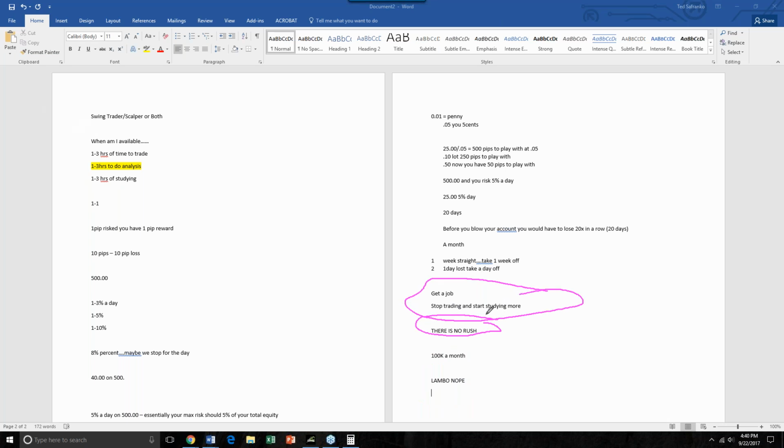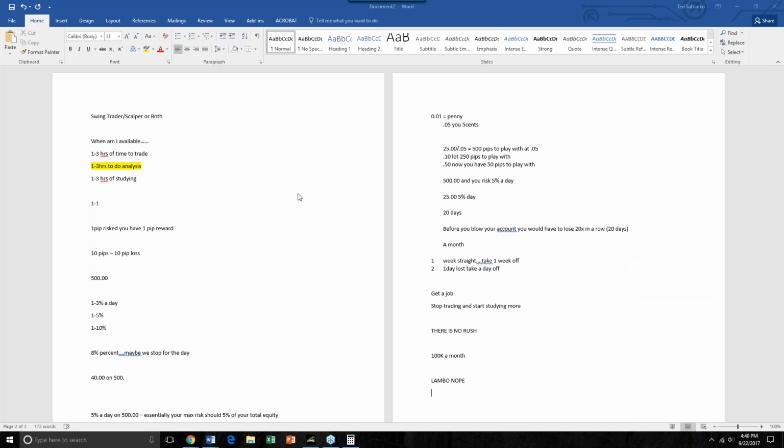Get a job, stop trading, study a bit more. But making 100 a month, trying to buy a Lambo, you don't need that stuff because you don't have those items right now. And when you look at exactly what's happening and when you start working through things, you start to realize what's more important. As you build things up, maybe $50 a day is good. You have to remember the market's giving you free money,